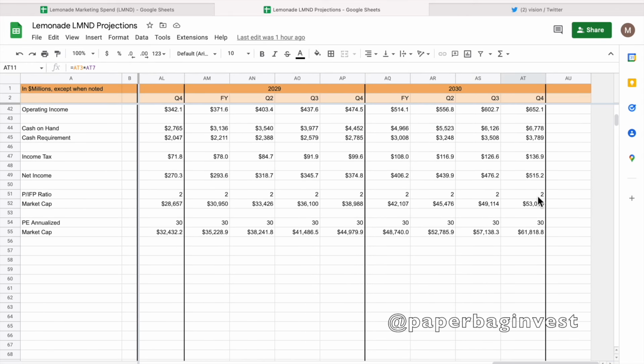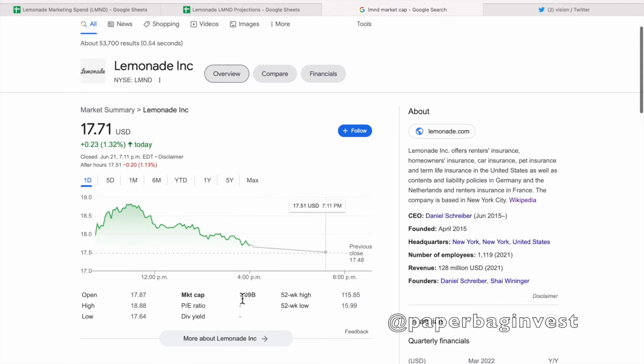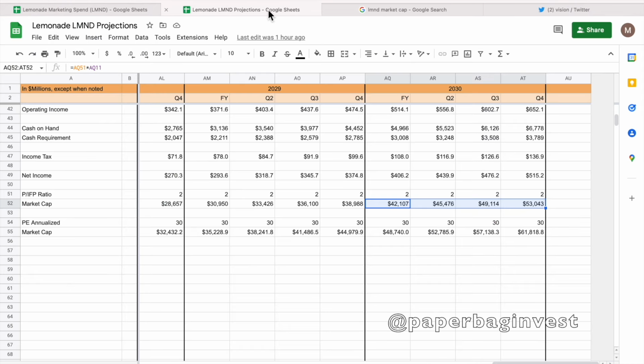So I've given them then a price to in-force premium ratio of 2, which would put them at maybe the $40-50 billion market cap range. I forget what Lemonade's market cap is actually right now. Just check that. So, just barely over $1 billion right now. So we're talking like a 40-50x by 2030, which is maybe not impossible is really what I'm saying. They could be a $40-50 billion company if this pans out correctly.